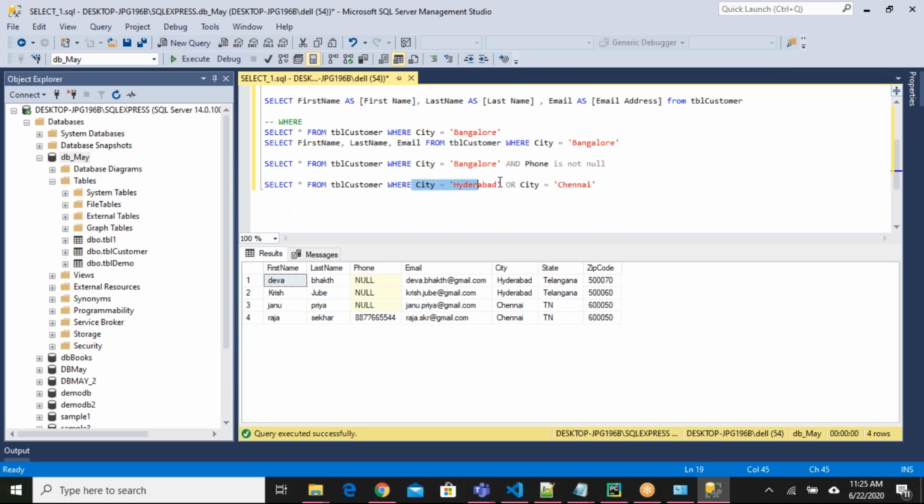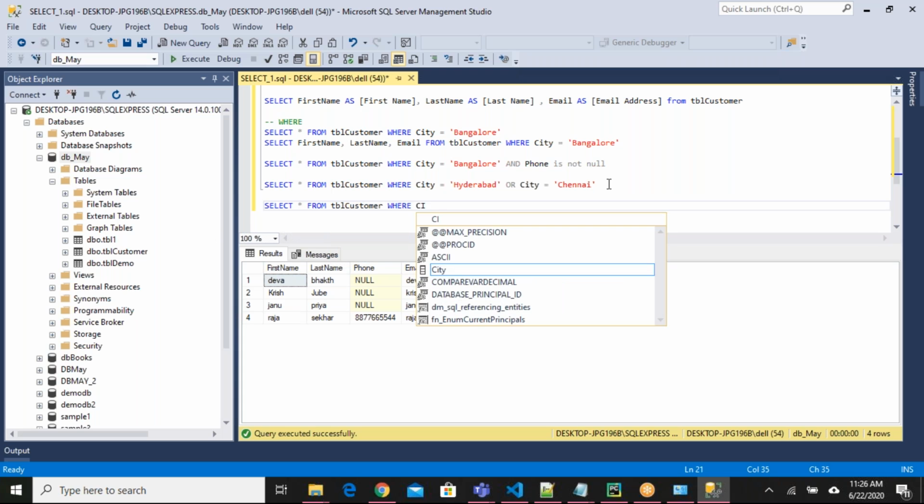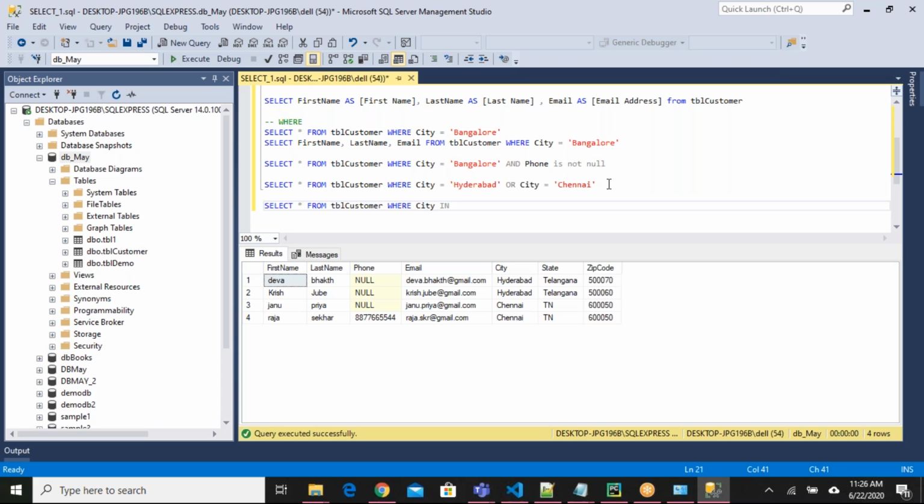Also for OR condition, if you have multiple options, for example, not only 2 options, there are 5 or 6, maybe 10 options, or you want to compare from another table's data, we have an operator called in operator. Select star from TBL customer where city in Hyderabad, comma, Chennai.